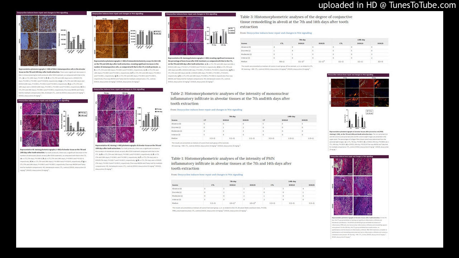Histological analyses for picrosirius red. Picrosirius red, PSR, staining was used to evaluate the types of collagen fibers that were present in the tissue and involved in alveolar bone repair. Under appropriate conditions, type I collagen fibers appear with a reddish-yellow color, whereas type III collagen fibers are greenish. In the present work, the analyses were performed at the 7th and 14th days after the tooth extraction using both non-polarized and polarized images, and the data quantification was performed with the ImageJ software, NIH, USA.